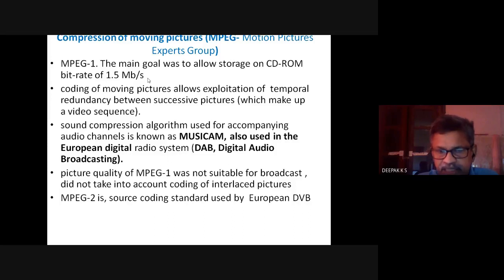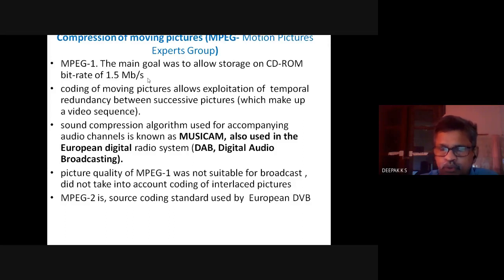video is a collection of images shown successively one after another. So you show more images than the persistence of vision requires. If it is say 50 images per second, it is far exceeding persistence of vision. Actually 25 images, which are scanned in two fields. In field 1, you scan the alternate lines. In field 2, you scan the lines which were left in the first scanning, and for one image you get 2 fields. Like that, we are getting 50 fields.